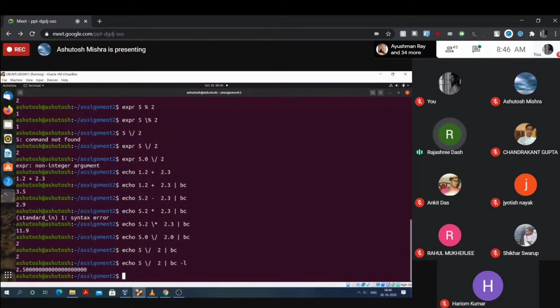But after the decimal point, just check how many digits it has given. Write in the chat box. After the decimal point, how many digits have been shown?